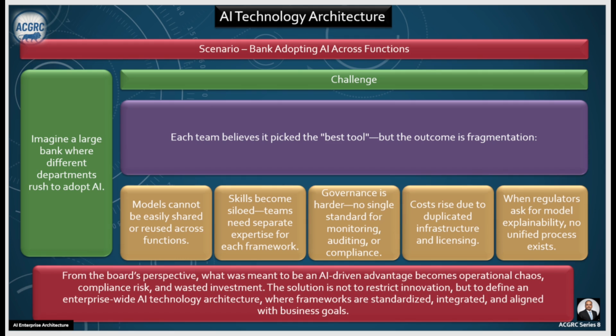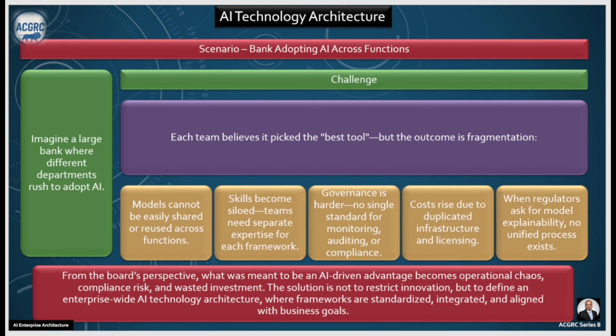Because AI is the new baby, everyone wants to put their hands on it, test it, experiment, or show that we are in the boat of AI. But in that enthusiasm, we mess up the whole situation for the organization. So each team believes it picks the best tools, but the outcome is